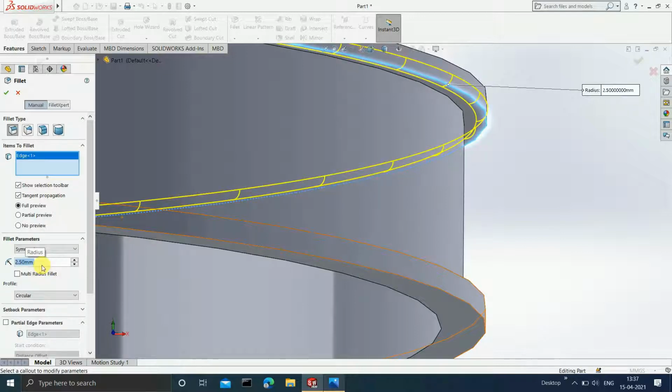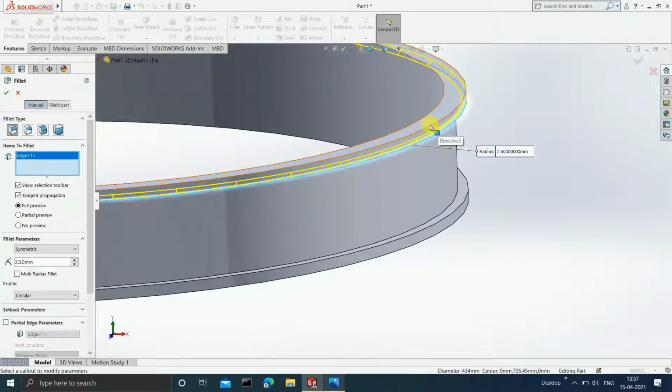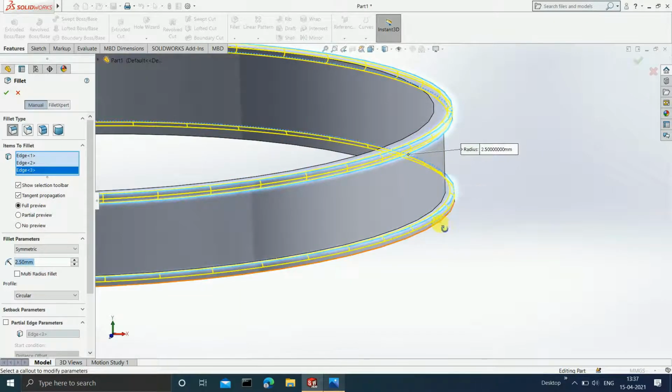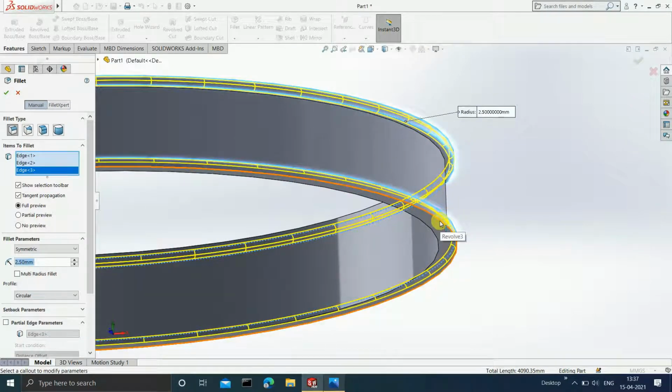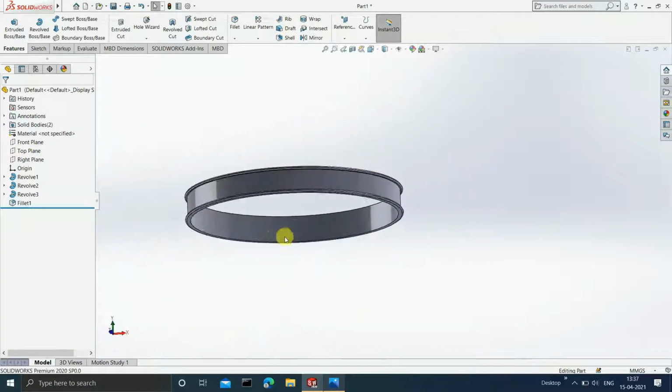Okay. After this thing is done, now select this edge as well. Okay. Similarly, select this edge and this edge also. Okay. Click on OK. So we have applied the fillets as well.